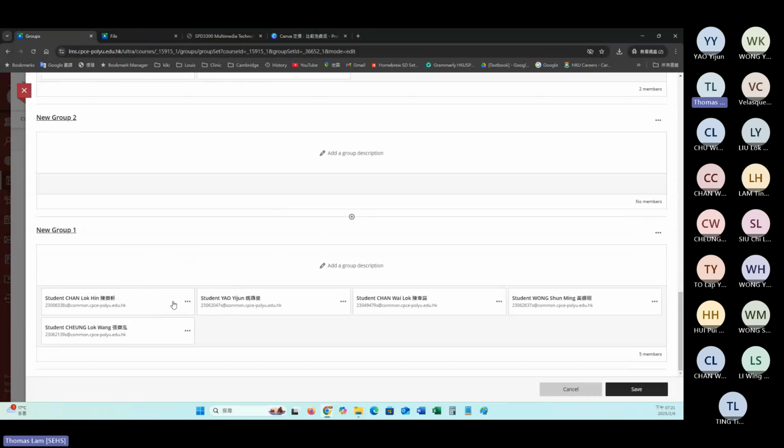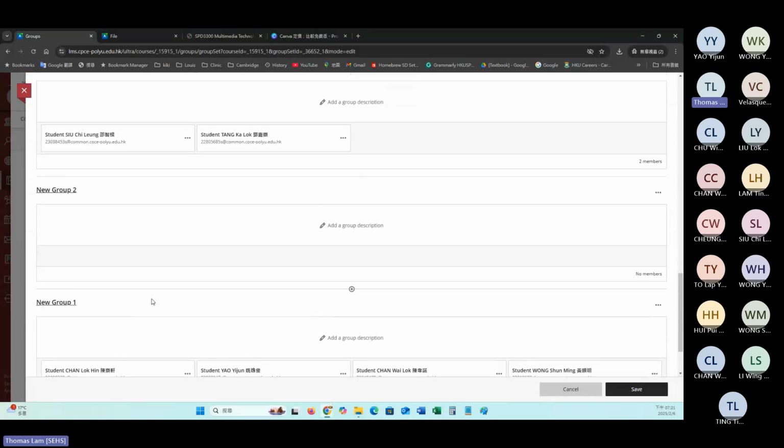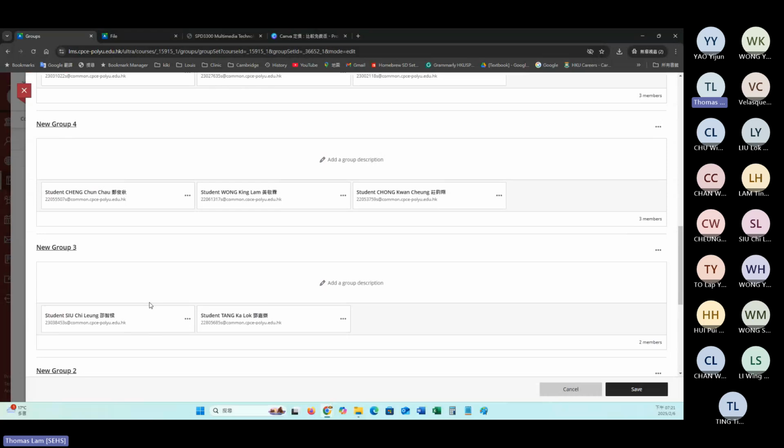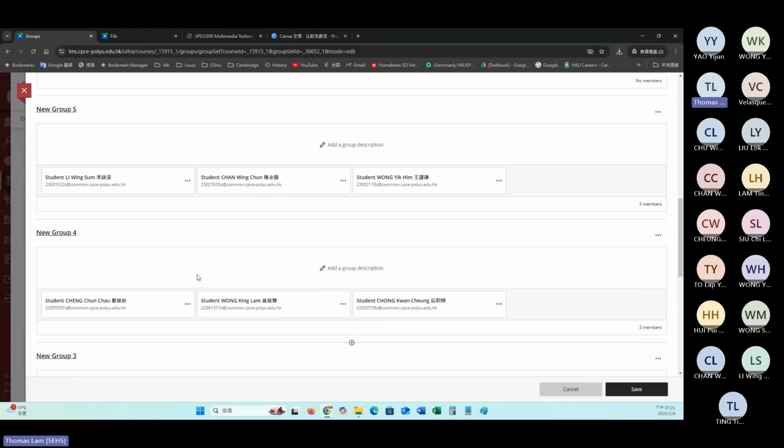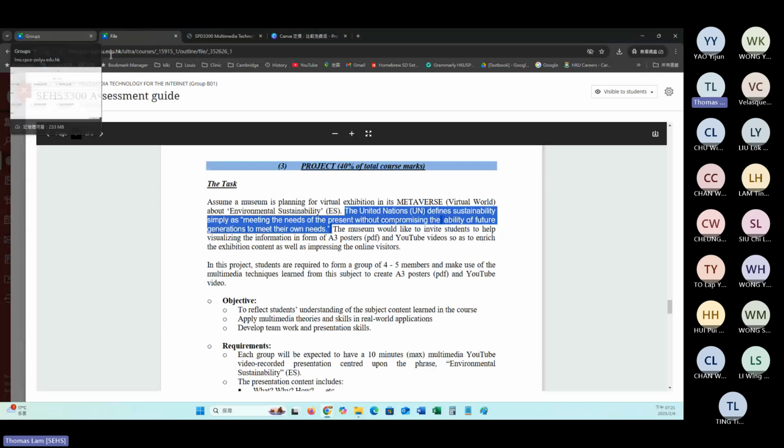Just like this group, there are 5 members, so I'm not going to add one more because I believe you 5 should work closely together. But for those with 2 members or 3 members, I may group 2 groups together like this. So let you find your teammates first.